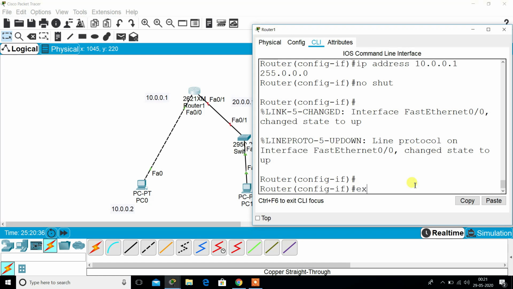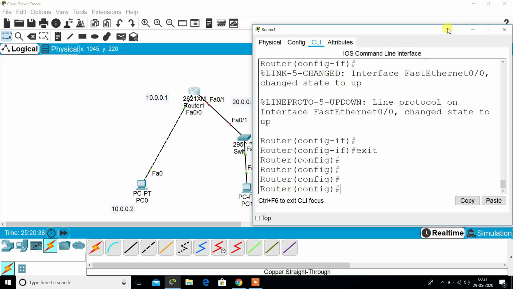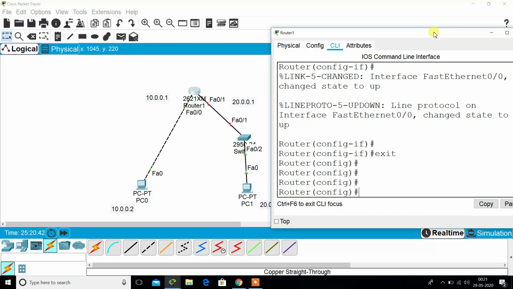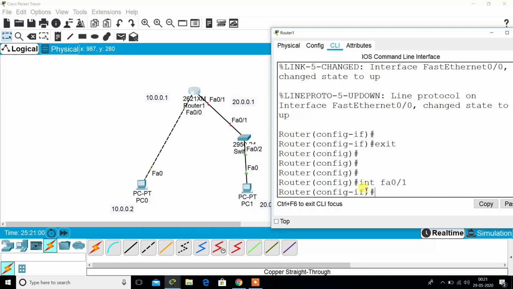We exit from here. Now we will assign an IP address on FastEthernet 0/1. So for doing this, we will write the command int fa 0/1 and press enter.